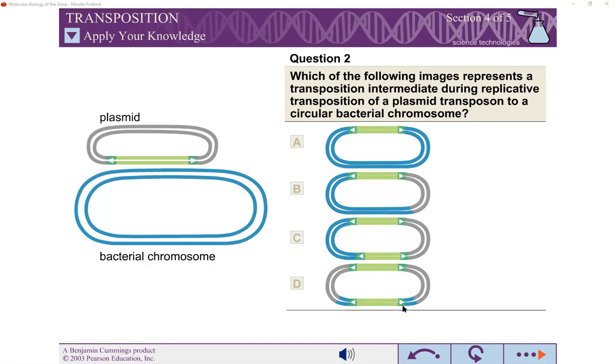Now see this. Okay, Ankit. Good. Now see how the transposition is going to take place. This is the plasmid DNA that is present here. This plasmid DNA contains the transposase sites which sit towards its ends. Now, this is the bacterial chromosome. Now this transposon has to move into the bacterial chromosome. So it will cleave its DNA from this particular site, search for a homology, and then bind to it. This is referred to as replicative transposition.